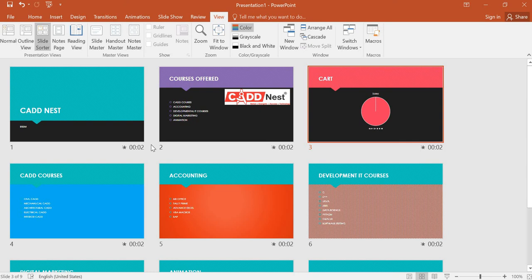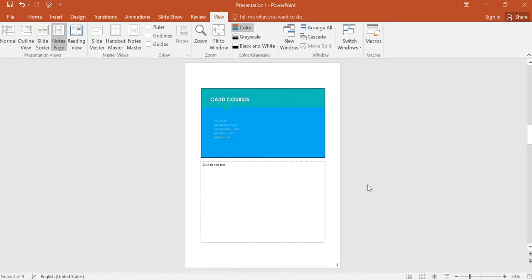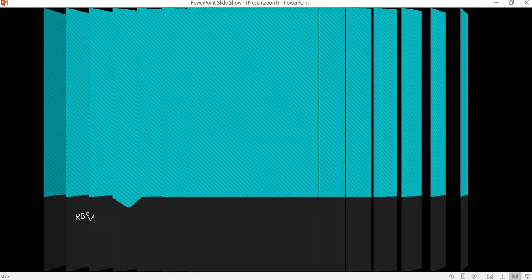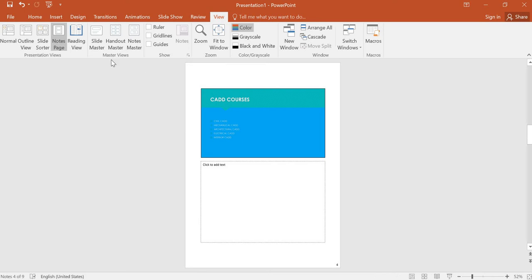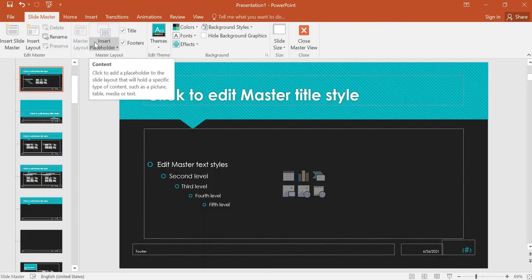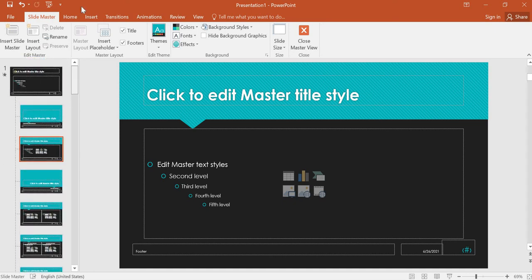Just like in MS Word, you used to compare the sheets between first and second, third and fourth. In the same way, you can cross-refer with the help of Slide Sorter. In Notes Page view, it appears one below the other. You have to scroll down and scroll up. In Reading view, it will adjust to the full screen just like your slide presentation. And these three are your guides as to how the different designs look on your presentation, what tools are available, and which slide designs you can insert. You can verify before presenting or before preparing any of the presentations.